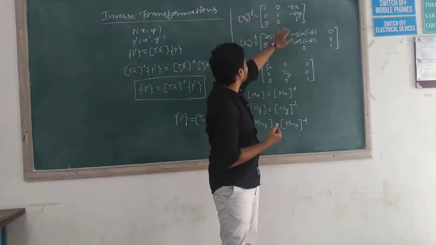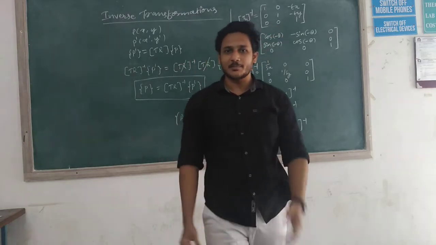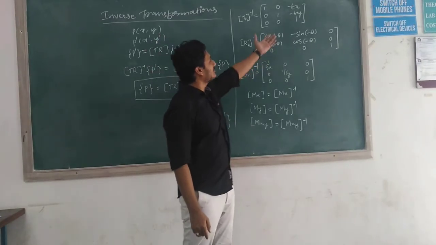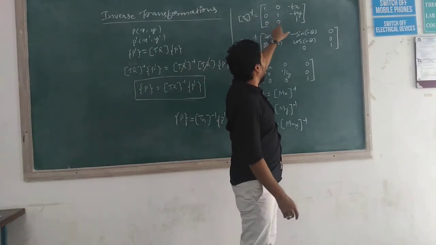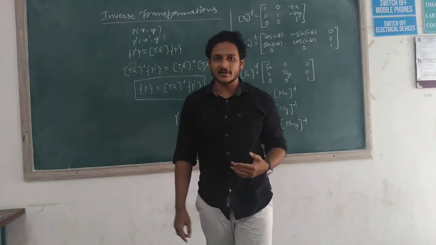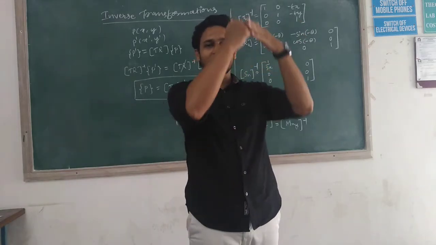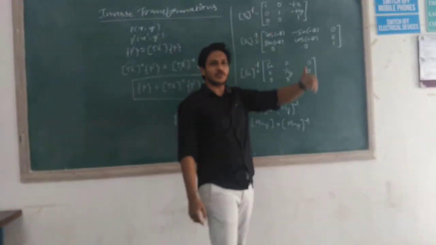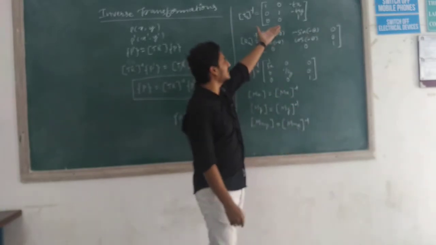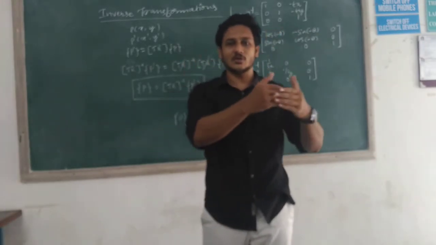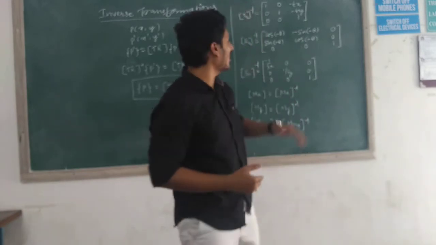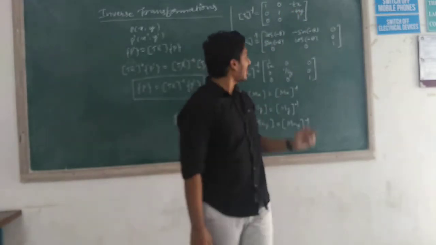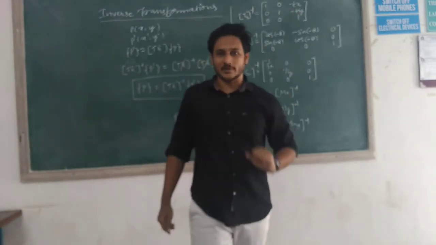If you see translation, before inverse, what are the values in the matrix? We have 1 0 tx, 0 1 ty, 0 0 1, where tx and ty are the translated distances in x and y respectively. If we invert the homogeneous translation matrix, we have these values with a negative sign. So the values in the matrix are 1 0 minus tx, 0 1 minus ty, 0 0 1.